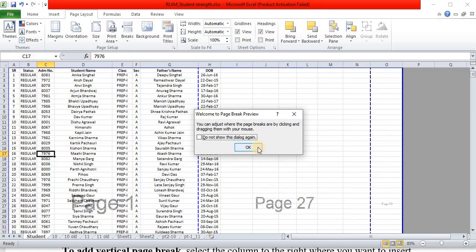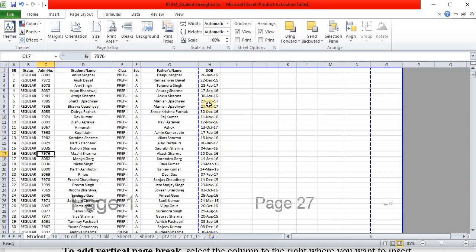As you click on page break preview, you can see your sheet is divided into multiple pages. This dashed line means your page is broken automatically. If you want to break your page manually, it will convert into a solid line. If you see the print preview of this page, you will see that the date of birth column will not be visible because it is outside the page.